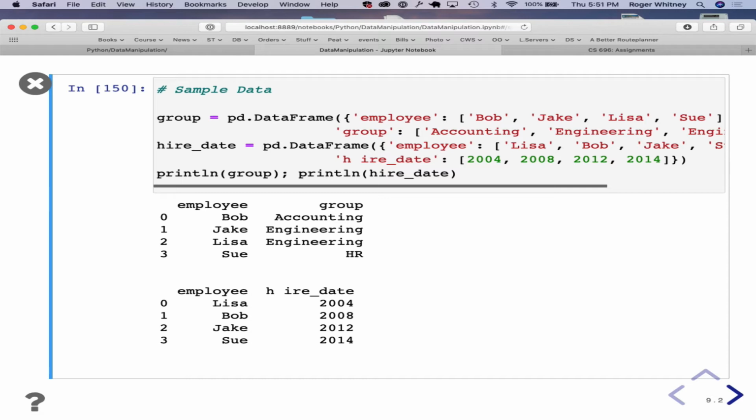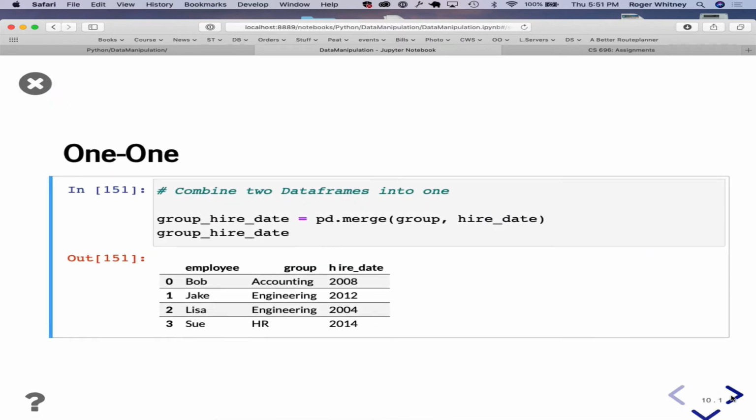So a couple tables, right, all made up. You got one column, name of employees, and the first is what group you're in. And the second table, again, just name of the employee, and then when they started, right? Now when I combine them together, the question is, how does that work? So when we do a straight merge, you're getting the table you'd expect. It contains all the employees in their group and the hire date.